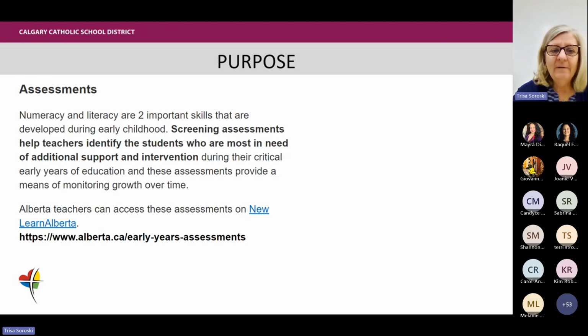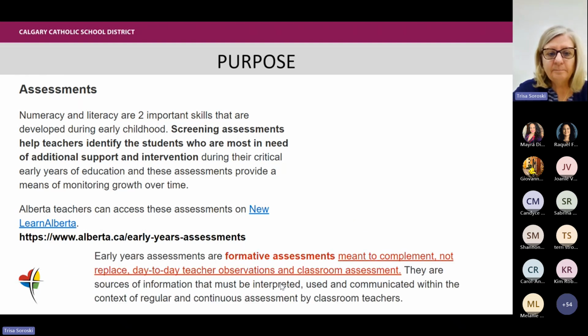This is to identify those students who need some help, intervention, additional support, especially during this time when they're just these little five-year-olds and they're developing. So it really provides us with a window into how our students are doing.